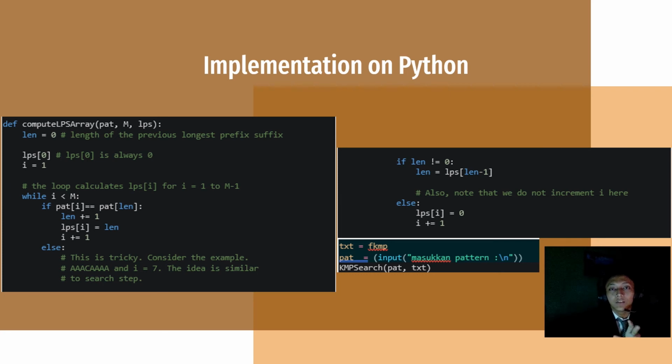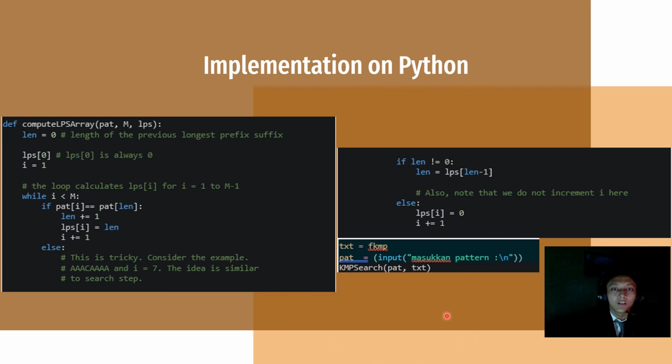If path[len] and path[i] match, we increment len by 1 and assign the incremented value to LPS[i]. And if path[i] and path[len] do not match and len is not 0, we update len to LPS[len minus 1].